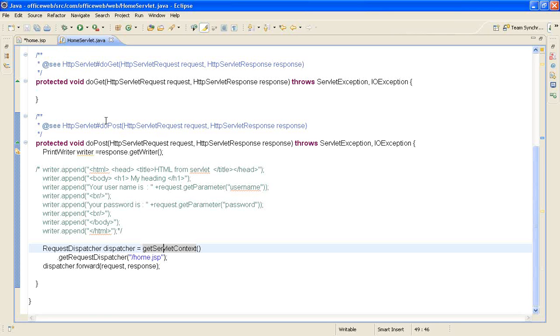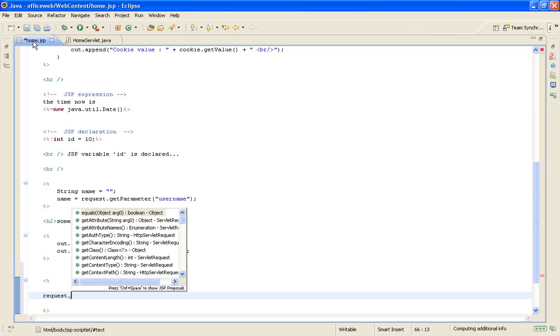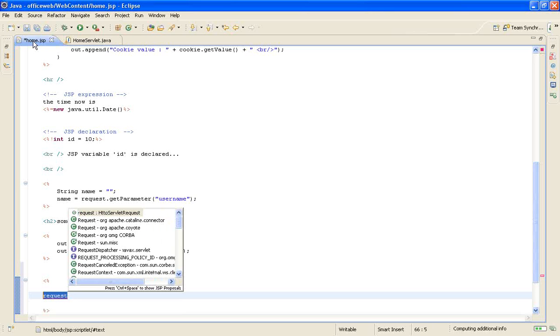Similarly, in this case you have a doPost method, and in the method you have it, right? In the JSP case you don't have anything like a method. On the outside, everything looks like an HTML file, but one thing with JSP is that you have access to most of the objects, or all the objects that you really require, by default. So there you have HttpServletRequest, but here just request. You just type request and you get the request object. This is equivalent of HttpServletRequest.